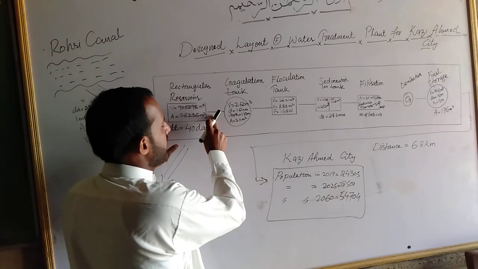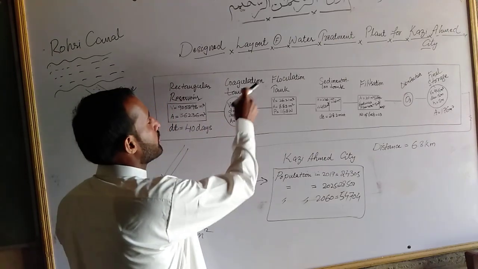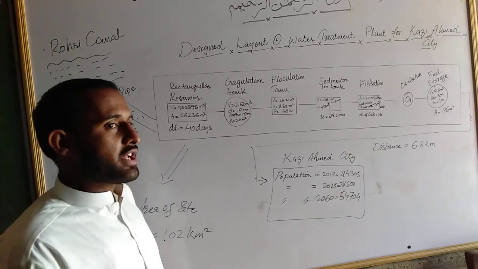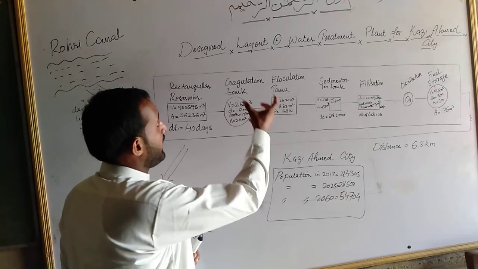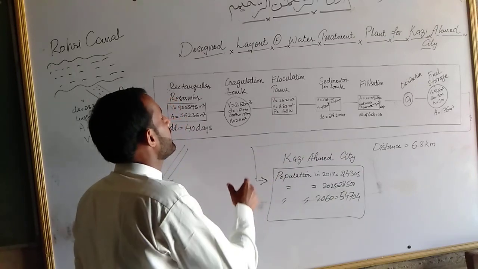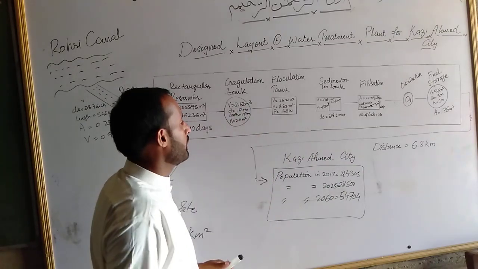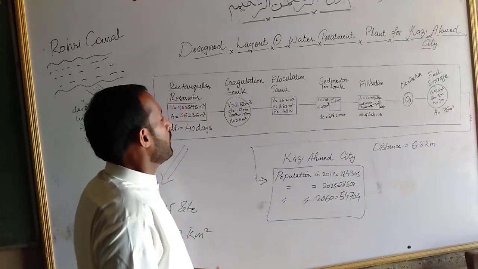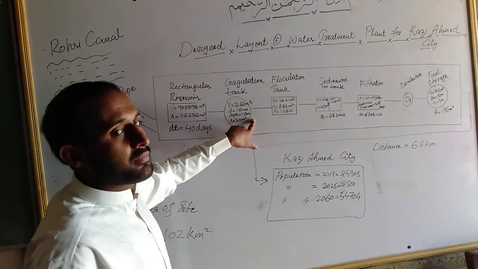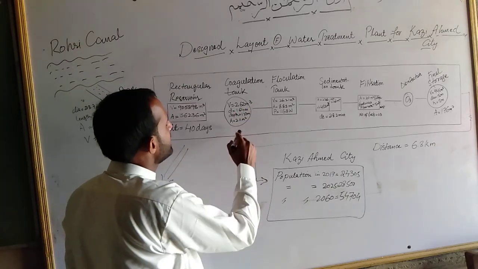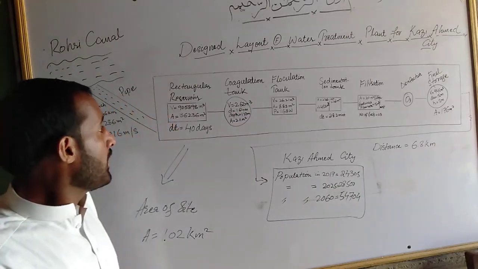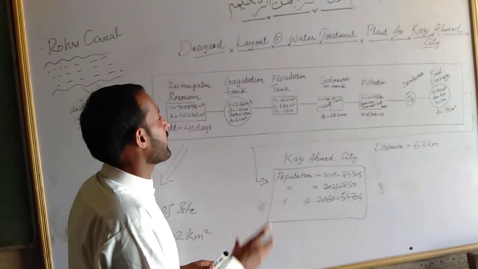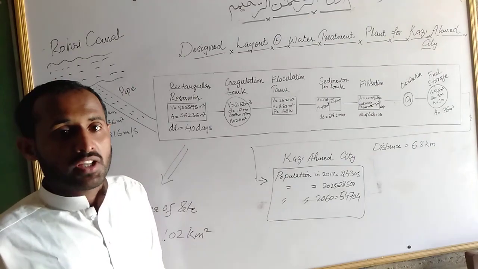Then the water from this rectangular reservoir is supplied to the first treatment unit, which is the coagulation tank. I have designed the dimensions of the coagulation tank so that its volume is 2.62 meter cube. The circular tank diameter is 1.64 meters, the depth is 1.23 meters, and the area of the overall tank is 2.11 meter square. In this coagulation tank we add one chemical, and I have selected alum, means aluminum sulfate.